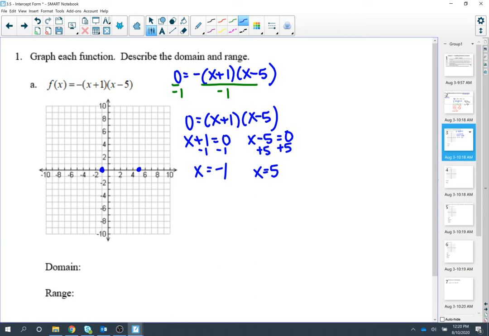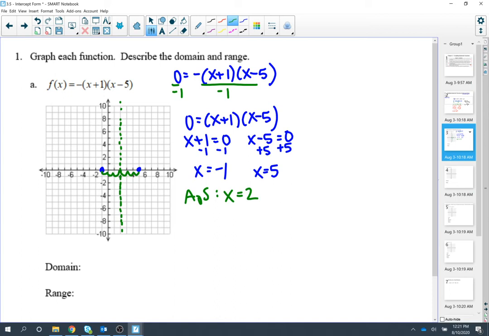So if those are your 2 x-intercepts, aren't parabolas kind of symmetric? So they have a middle. So what I'm going to do is I'm going to say, okay, well, I'm going to go 1, 2, 3, 1, 2, 3, which takes me to 2, if I just hop in the middle. So I know my axis of symmetry is at x equals 2, which means my vertex must lay somewhere on